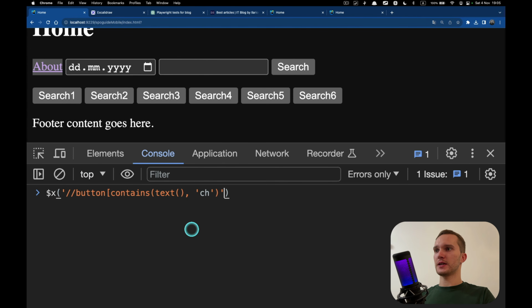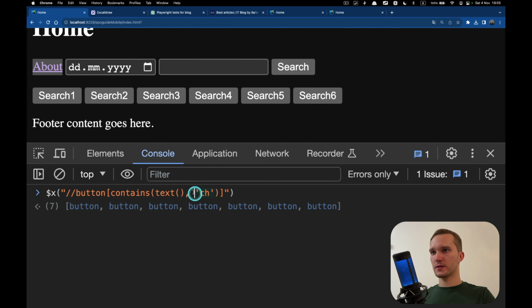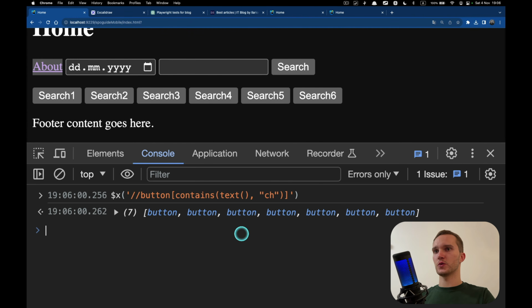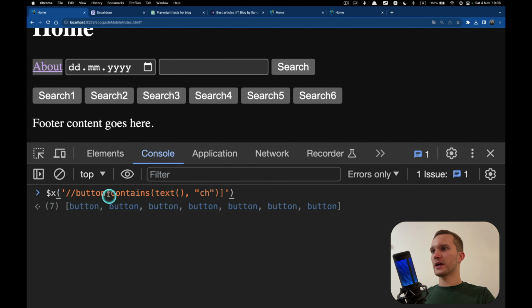Okay, double quotes. I hate this, when you have single quotes here, then you have to close it with double quotes. And if it's the other way around, then you put double quotes here and then single quotes here, and it will work.